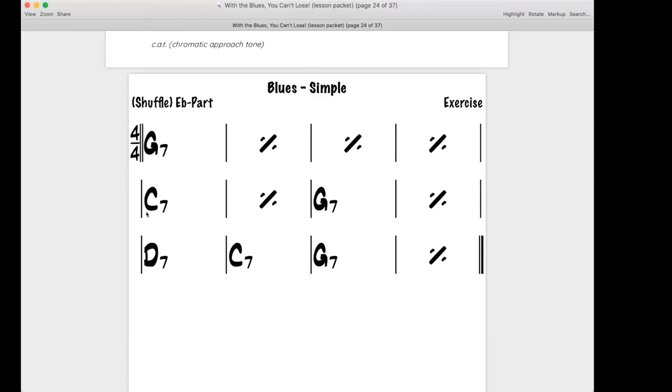And C. And G. There's only one bar, so I can only go up. So you can try the same pattern and then move it around, be able to play that on the chords